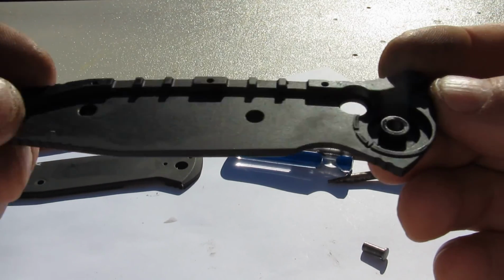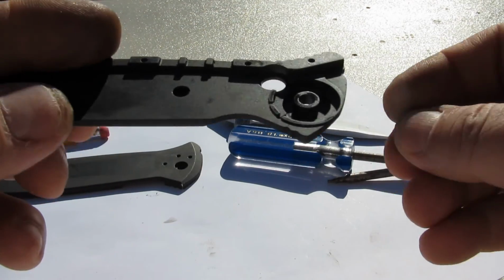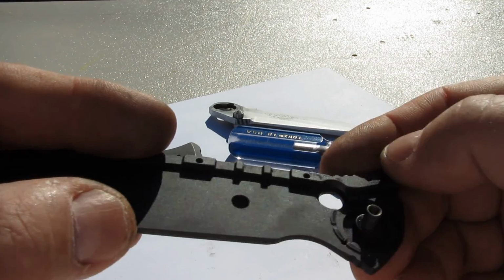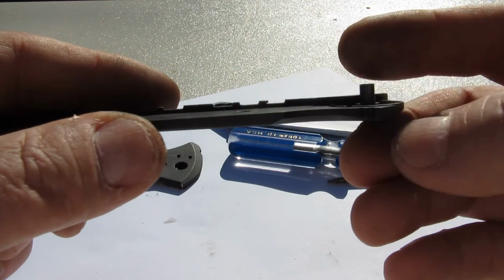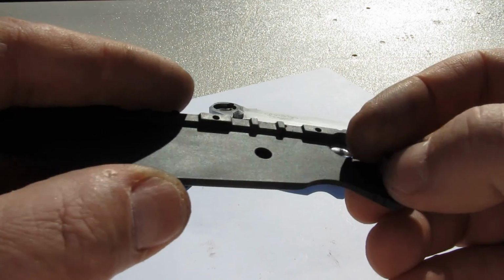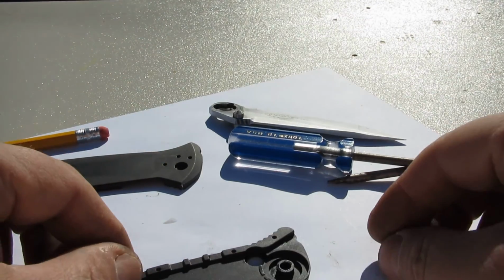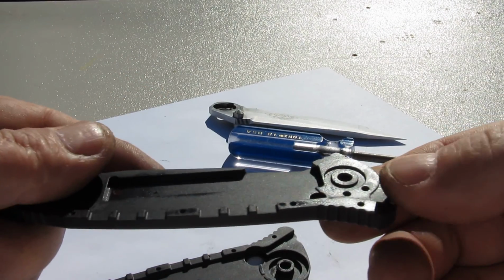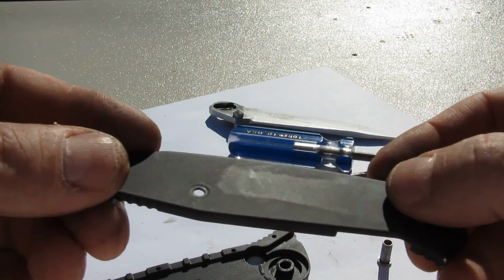Just beautiful. So what I'll do is I'll clean all this up real nice and then reassemble everything and put it all back together with some Break Free, Dry Slide, whatever works best, I guess. Probably Dry Slide. I don't think it wants to have anything wet in it. It'll just catch crap. What a great design, huh? So that's what's inside a top-end automatic knife. You're looking at it. I'll show you the